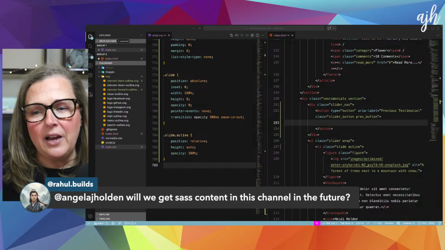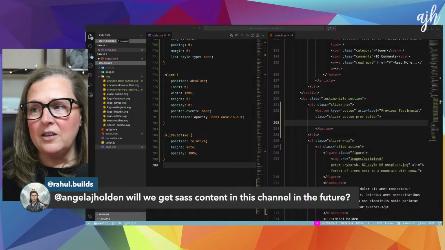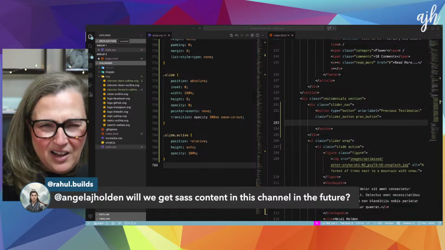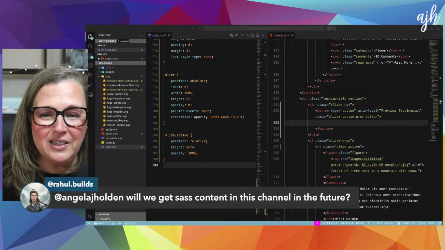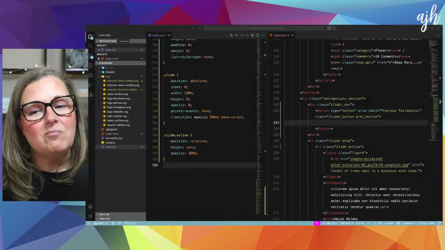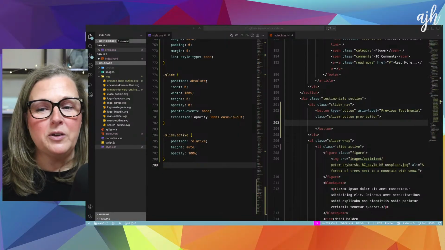So I used to do Sass in the very beginning, and honestly, probably not, because you need a compiler for that, right? And I think there are other channels that are probably doing it better than me.